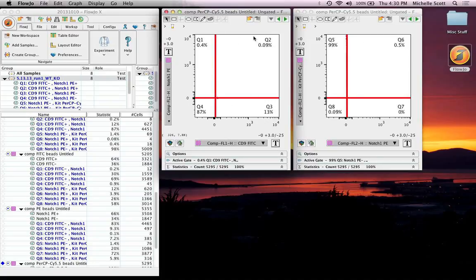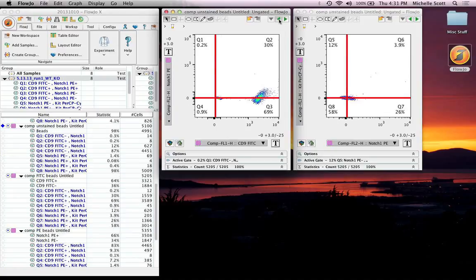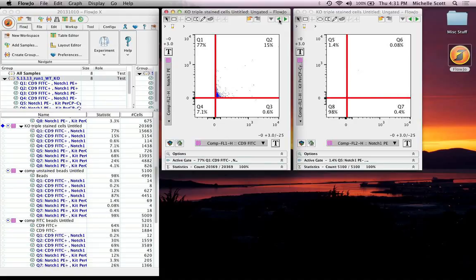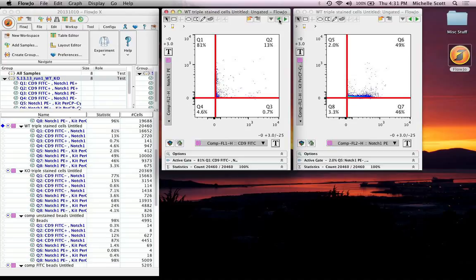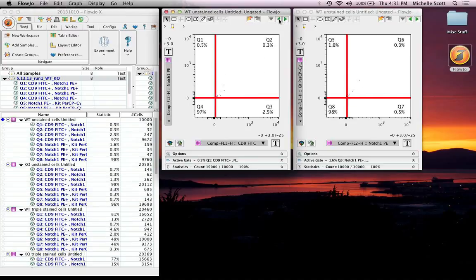Okay, so that's just to convince you that the compensation was actually correct. But if we keep it in the biexponential, your data is going to look kind of funny, especially when we're looking at the unstained controls. So once you've been convinced that the compensation is correct, we can go back to the regular logarithmic